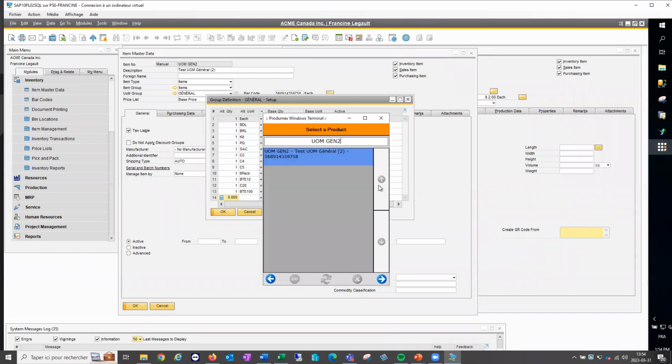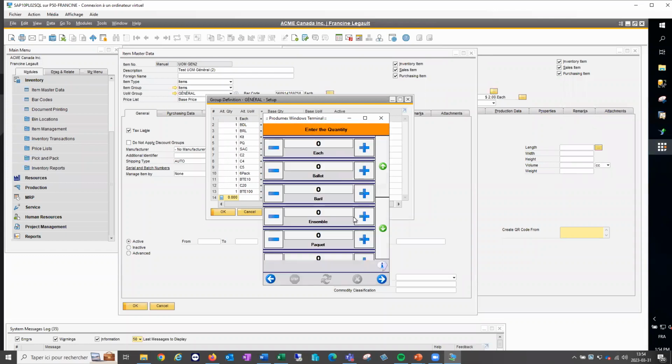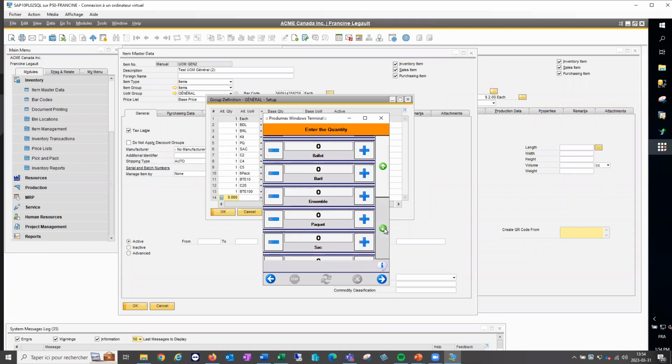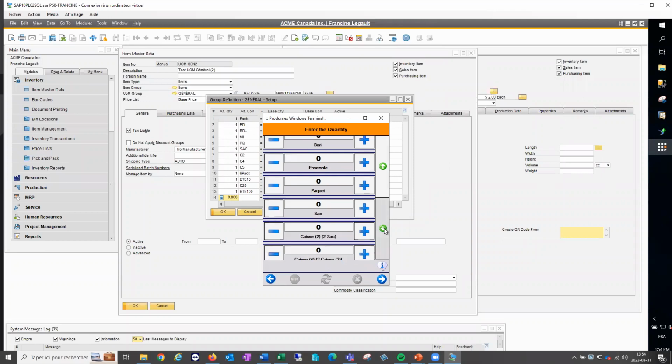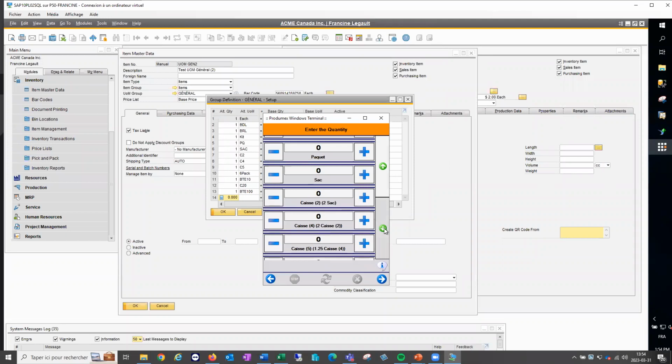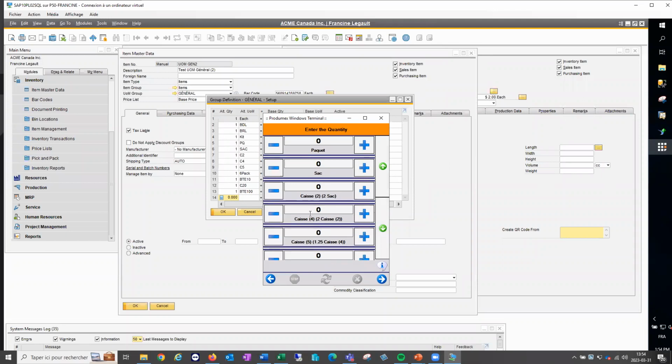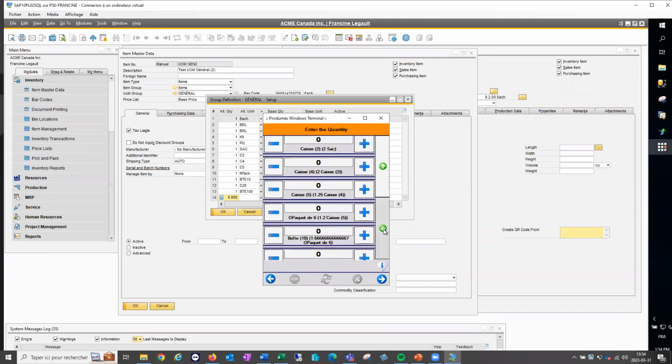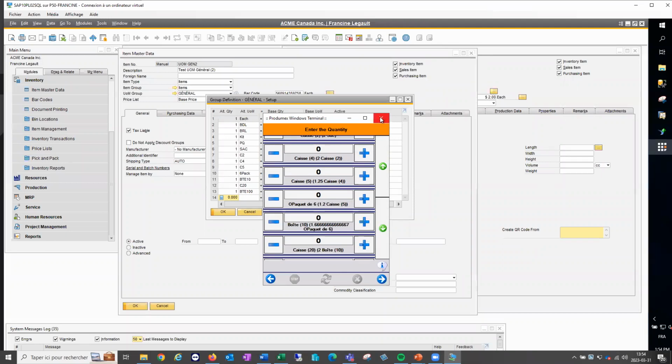What's going to happen at that moment is that when you have this in your scanner, this is what the operator will see when doing a transaction on that item. So it means that all units of measure will show, and the operator will have to decide which one is the right one that he has in front of him. That's such an important detail, Francine, that you're saying there. It changes everything. Yes, okay. So this is not recommended.